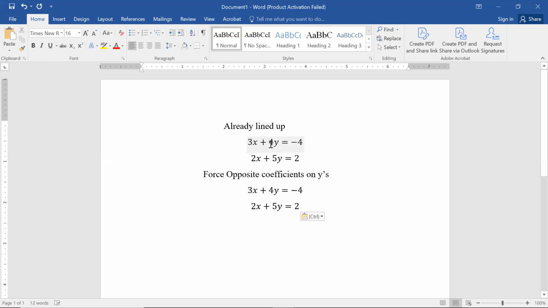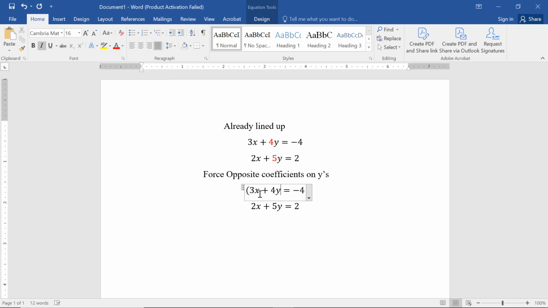Now, here's what we're going to do. I'm choosing to force opposite coefficients on the y's. So I'm going to focus on the coefficients of those y's. The coefficients of the y's are 4 and 5. 4 is the coefficient of y in the first equation. 5 is the coefficient of y in the second equation. What I want to do